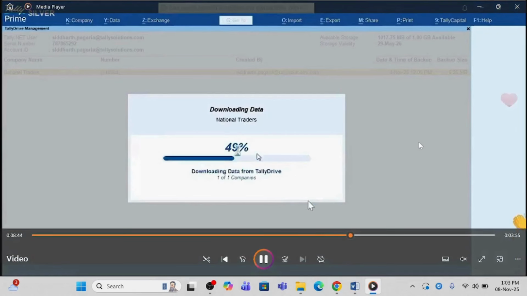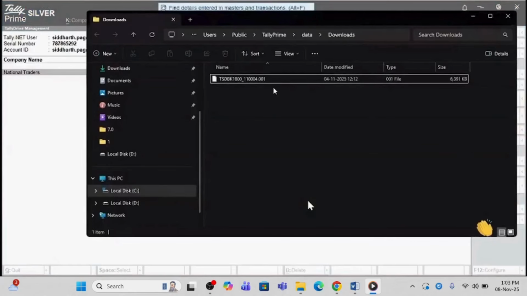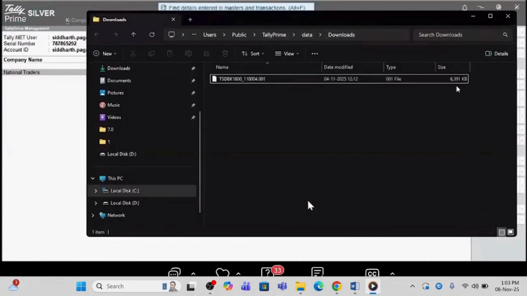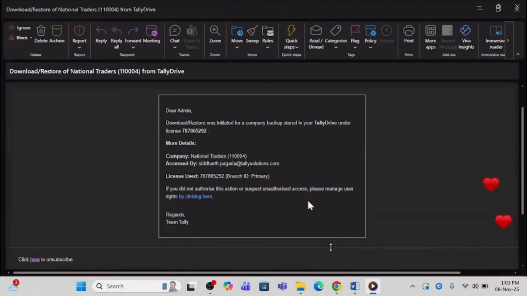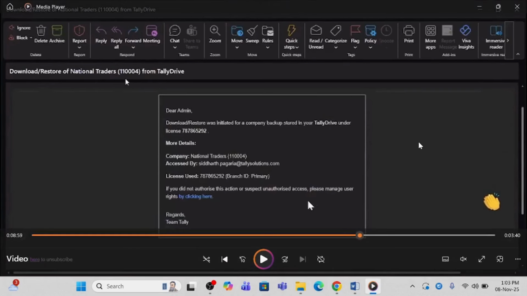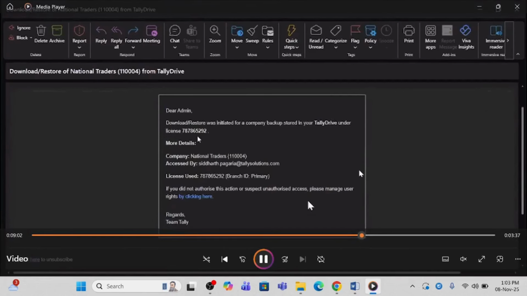And once it's downloaded, it's as good as a normal Tally data .tbk file, which you can restore, right? So now I'll show you how to restore as well. So we get a mail confirmation saying download a restore of TallyPrime data. This goes to the ID which is registered under Tally,